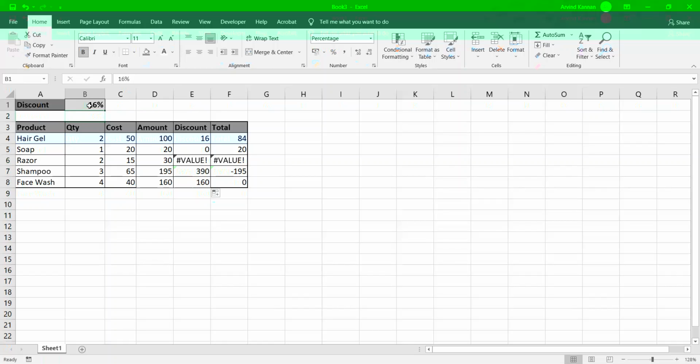In order to do that, we come back to cell E4 and highlight the B1 part here like so, and press function key plus F4. You see that there is a $ before the column B and a $ before the row number 1. This means that we have fixed this reference in the formula. This is called absolute referencing. I now press enter